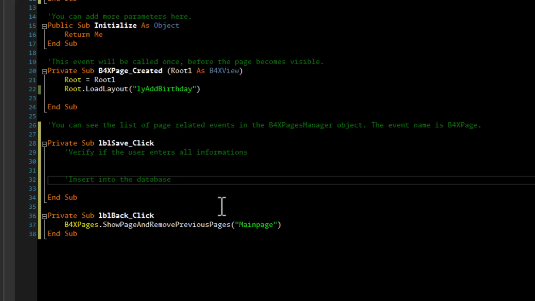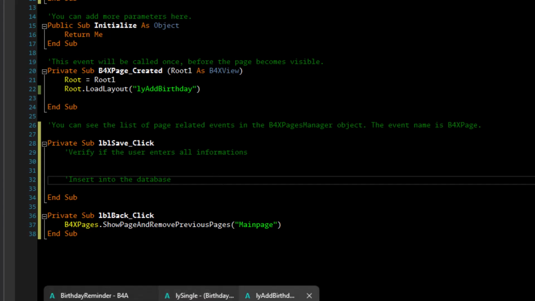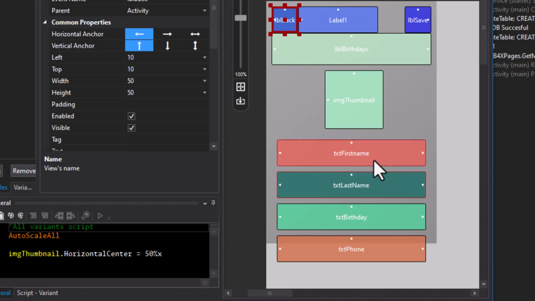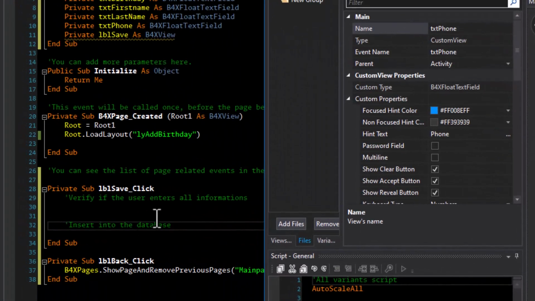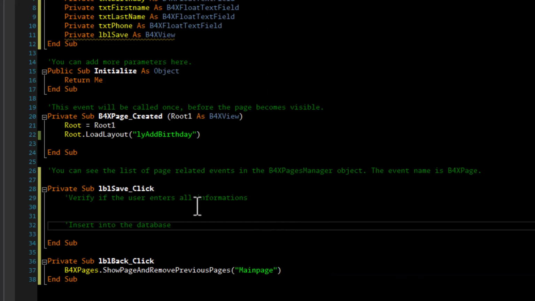Okay, so to verify, let's see, we have text first name, last name, birthday, and then phone. Okay, so we can check if first name is not empty, or second name is not empty, or third name is not empty, birthday is not empty, or phone number is not empty before we proceed. Okay, and then we enter into the database. Good. Okay, so we can say